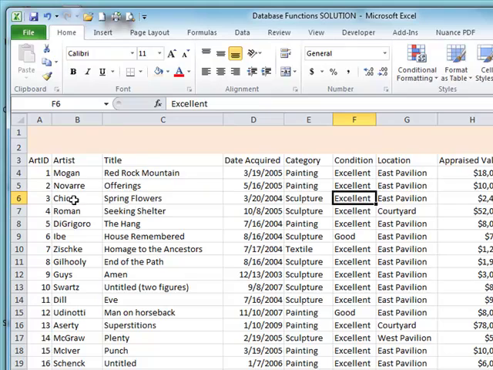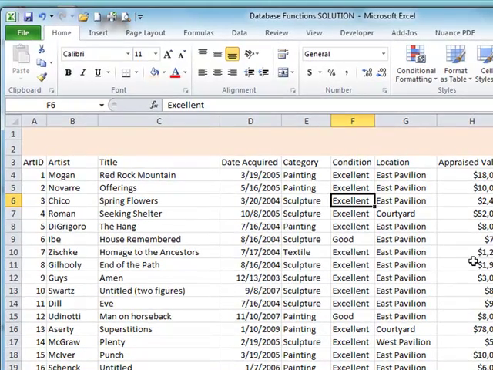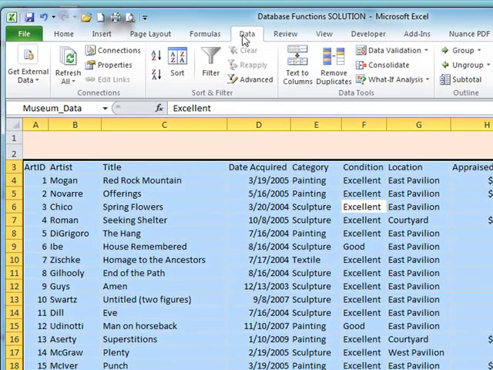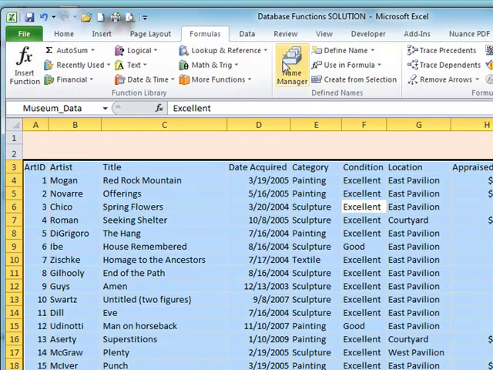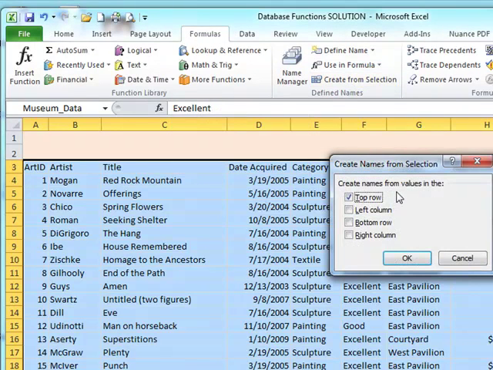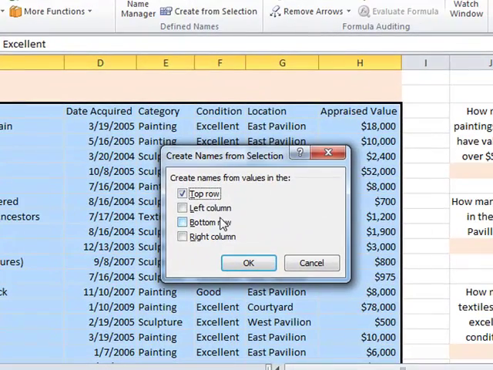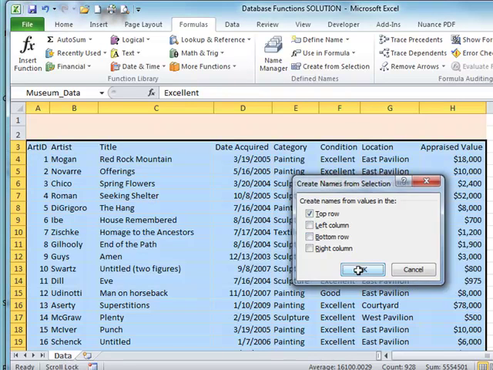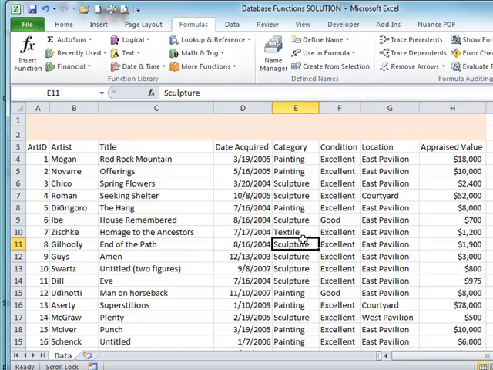You can name all the columns in a database really quickly and easily by clicking in the middle of your data and doing a Control A to select everything, and then going to Formulas and clicking Create from Selection. It's going to ask you, where am I going to get the names for these ranges? And I often see both these checked. Make sure that if your names are only in the top row that you get rid of that check mark if you see it. And so I'll say OK, and it doesn't really look like anything happened,